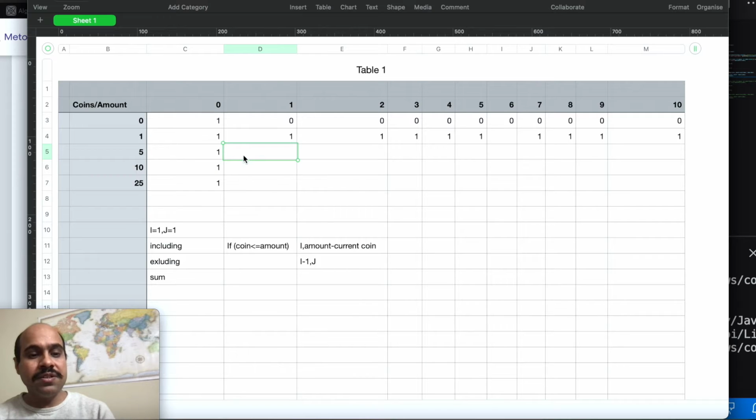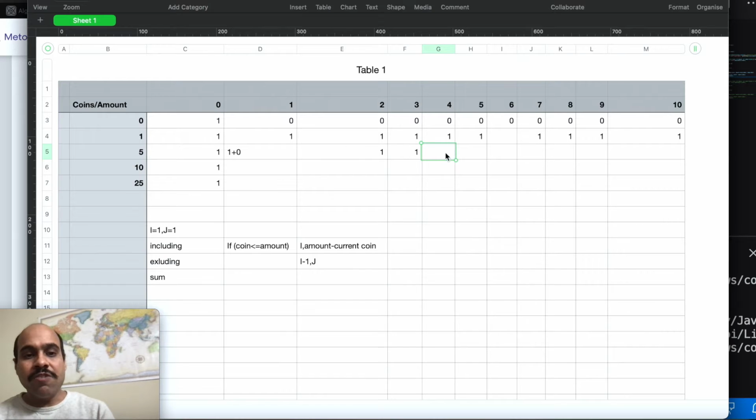So first, the exclusion condition, because it is very simple. So I can exclude 5. Then I need to just go to the top row, and I know to make amount 1 excluding 5, I have this. So I can have 1 plus. And then how many ways are there to include 5 and make amount 1? Those are 0, because I cannot take a coin 5 and make 1, because 5 is greater than this total amount value. So I have to put it 0.